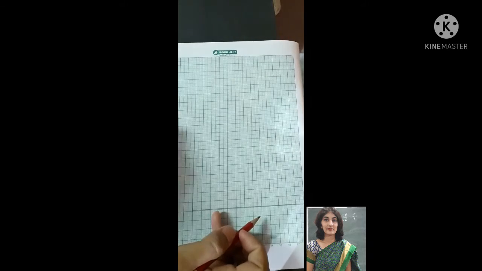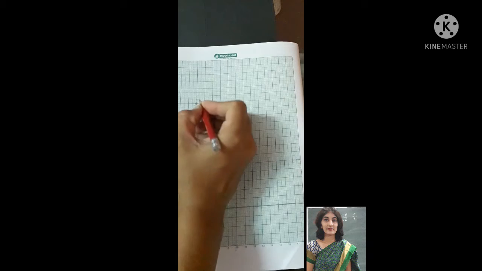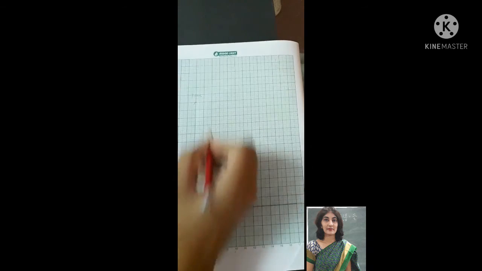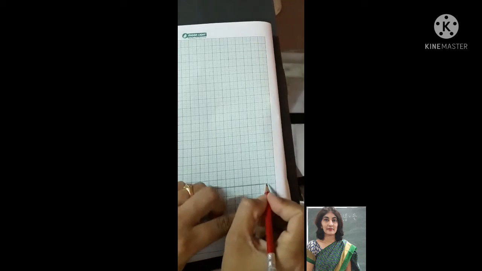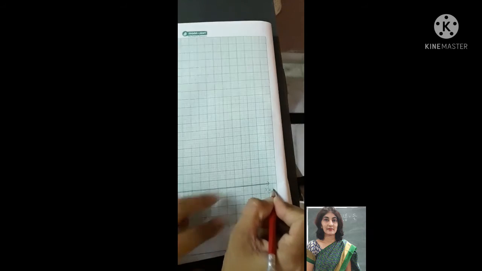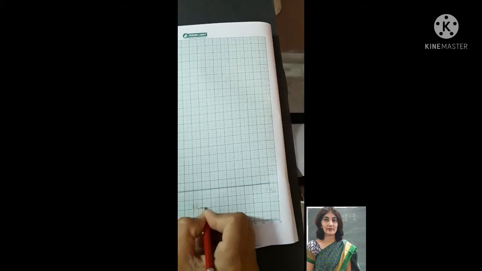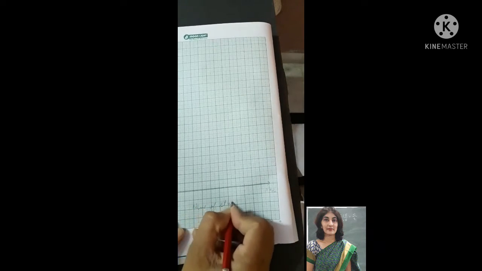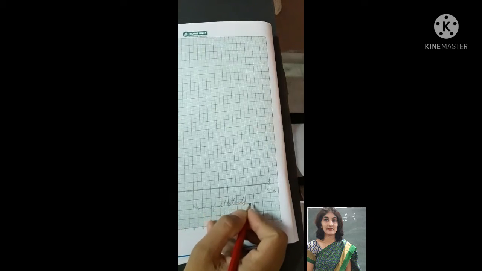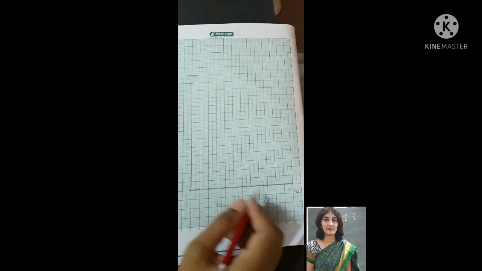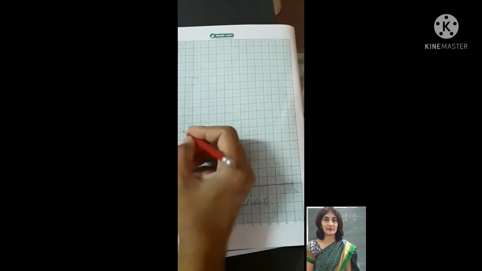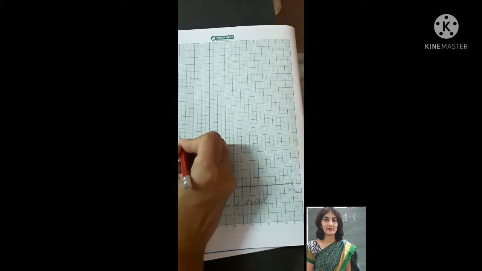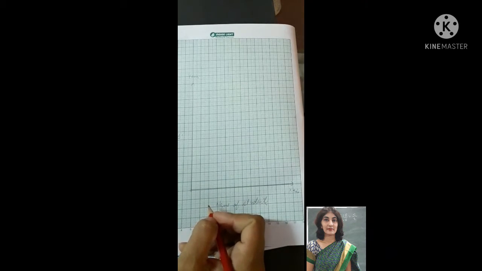Now on the x and the y-axis I will write also. This is the y-axis, and here I will write x-axis. Here I will write the name of students, and on the y-axis I will write the marks obtained. So you will write here on the y-axis marks. Now you can see the marks. Marks are 10, 15, 12.